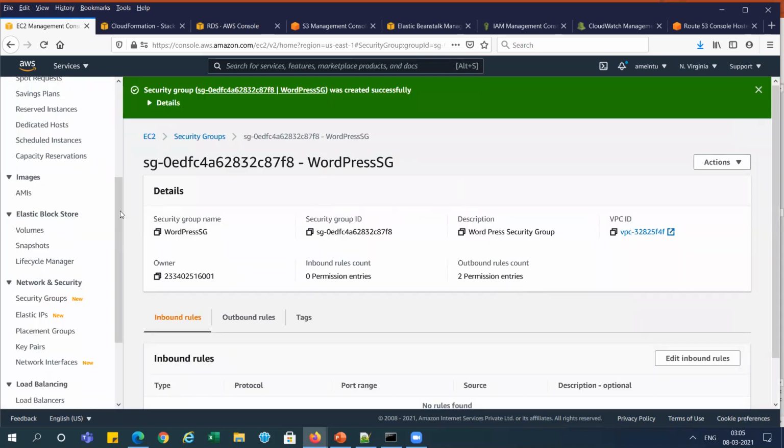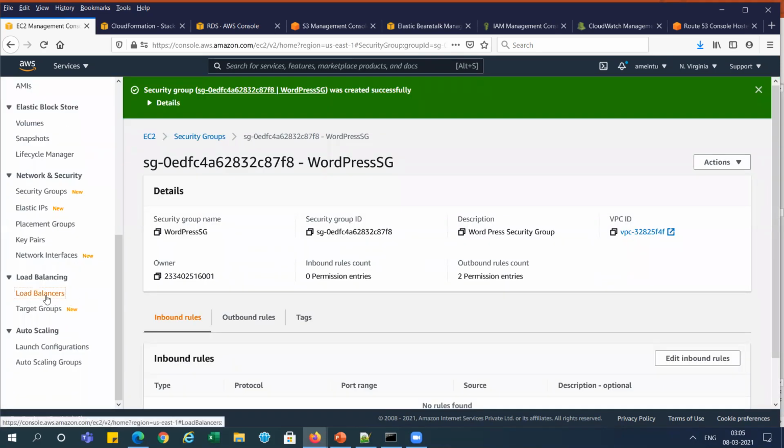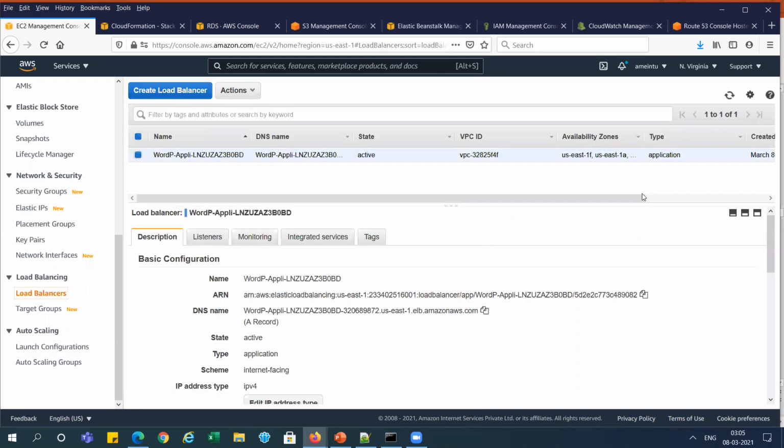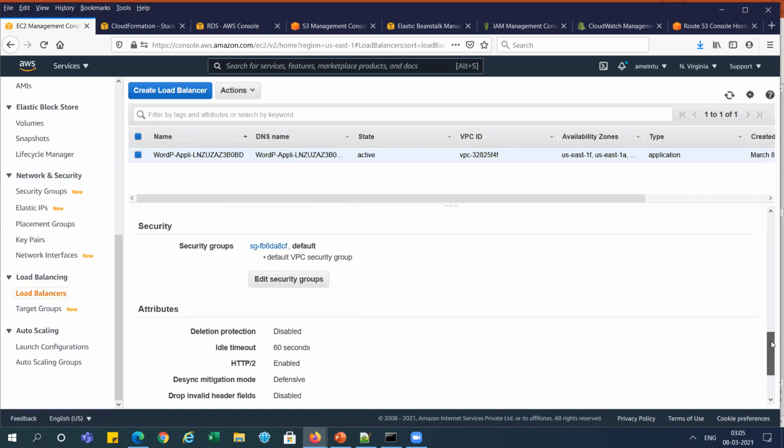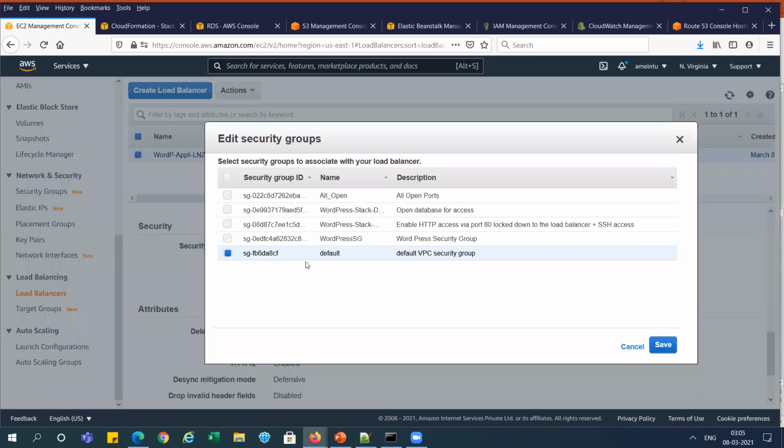This is created. Now in the load balancer, we need to go and assign this security group. You can see here in the security it is the default security group, right? It is not open and active from local. So I'm going to edit security groups. I'm adding this security group, the WordPress security group, which was created. Why am I doing this?